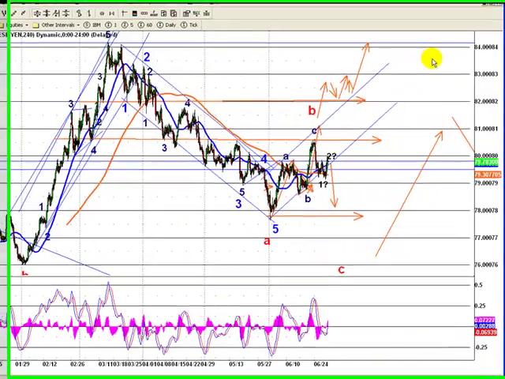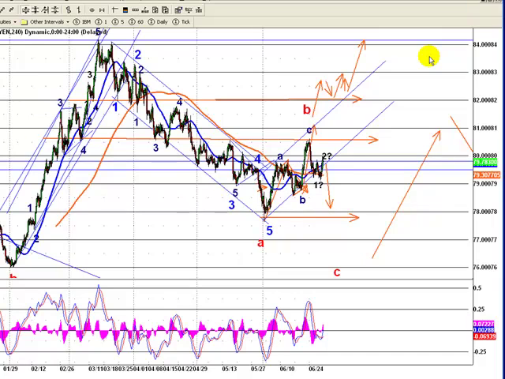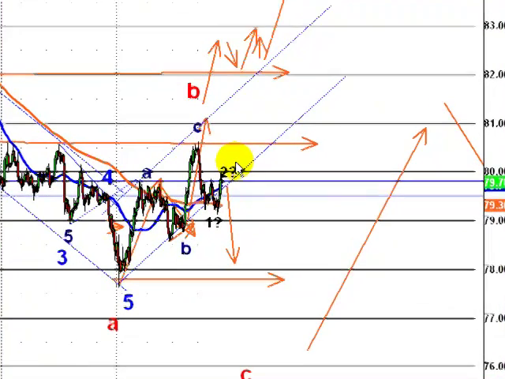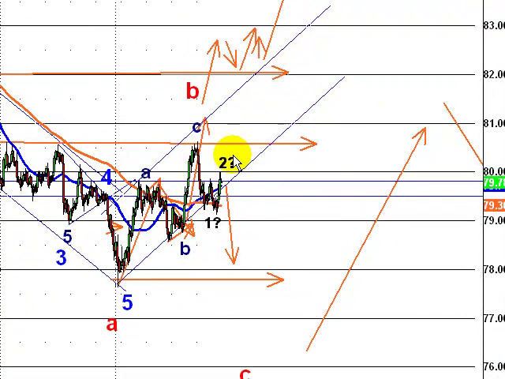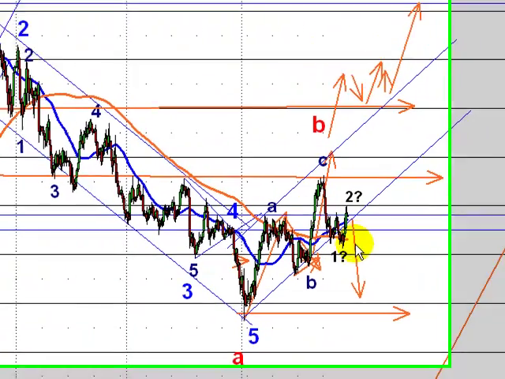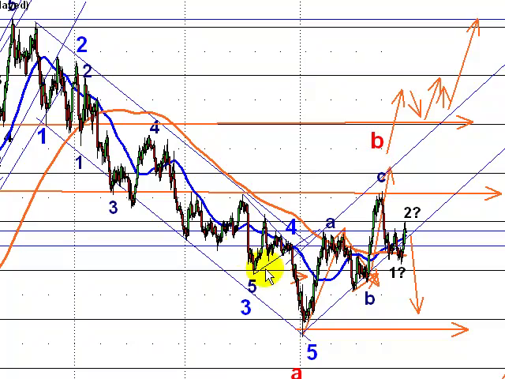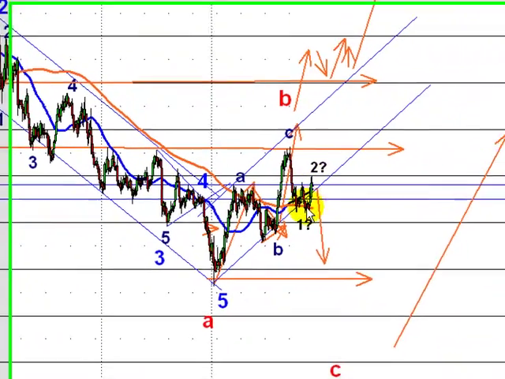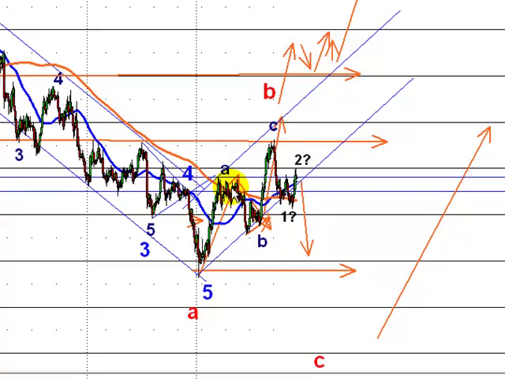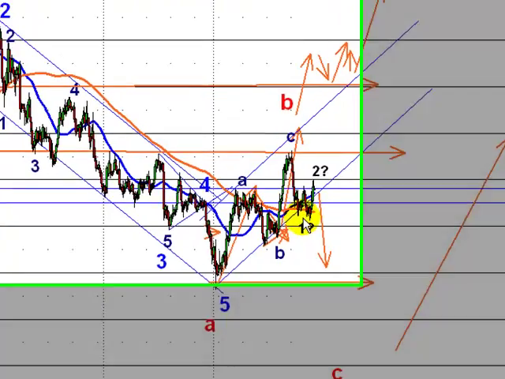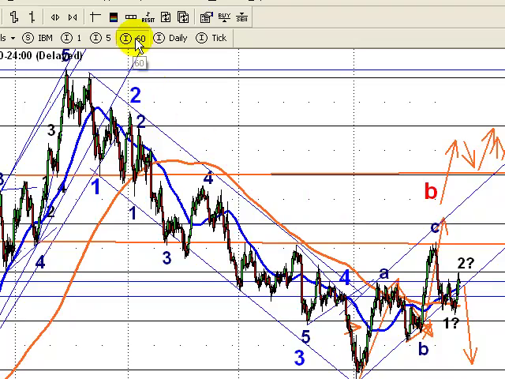Okay, we'll have a look at the US dollar Japanese yen, 240 minutes. And this one, with all the violent jumps that we have seen in some cases in the other markets, was fairly low key. The pattern that I've been using in the last several weeks is unchanged. No reason to change anything here. This is still looking like an ABC, that's an A, that's a B, and this is still looking like a 1-2. When you go to the 60 minutes,